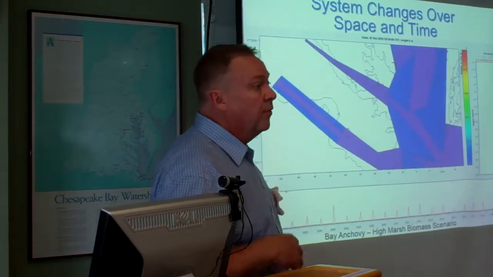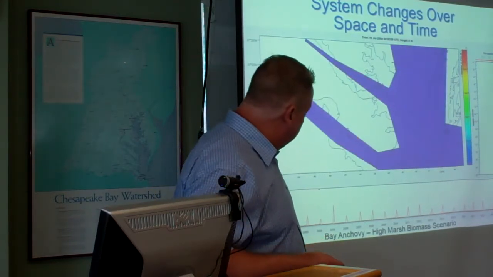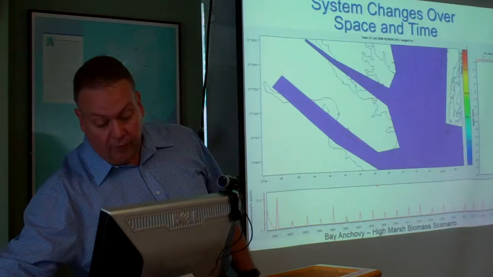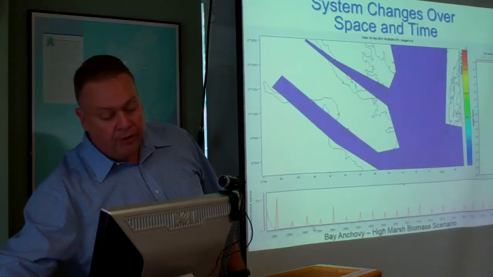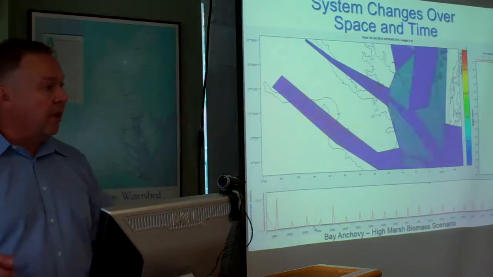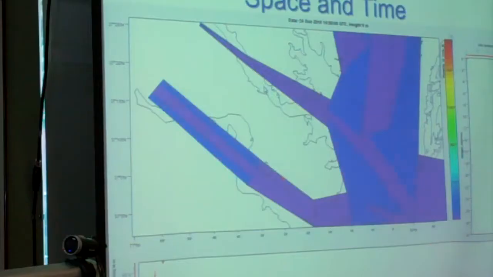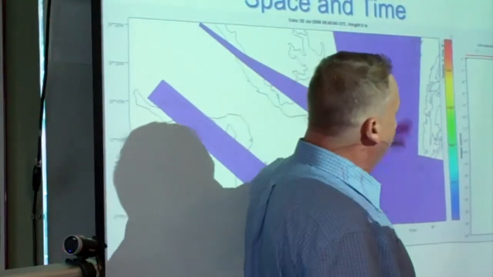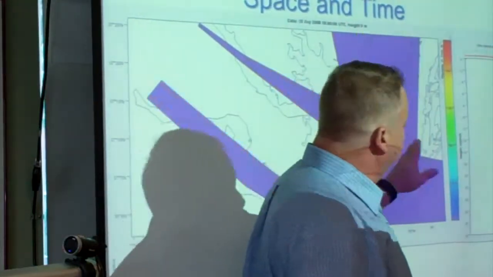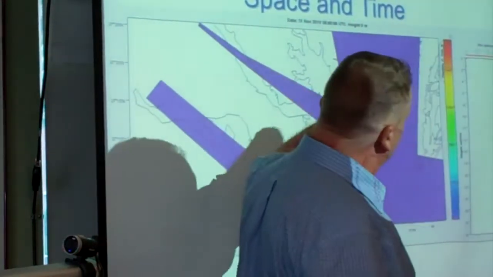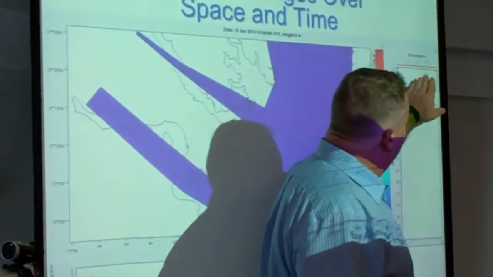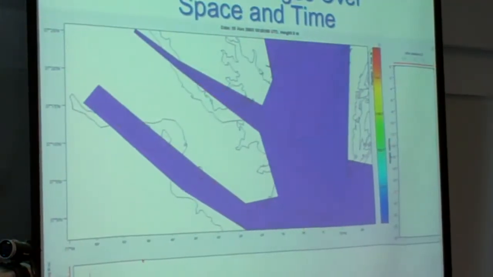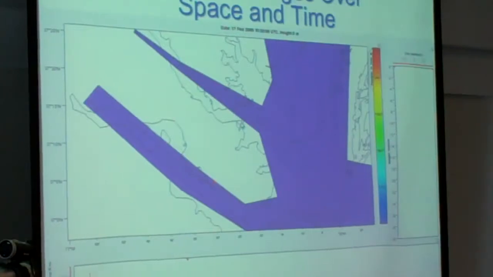These numbers are so very large that what we're seeing here is a rapid increase and a rapid decrease, but at this point, for those on the phone, I'll use the cursor, there's still plenty of animals in every one of these cells to continue production for the next year. I just wanted to give you an idea of how we can look at this data. We can look at this by tributary, for the whole bay if you want. You can also look at it by depth. At present, we're looking at an overview, like an aerial view. But we could look at any particular layer and look at abundance by depth of any particular group or physical parameters that are output, like DO.